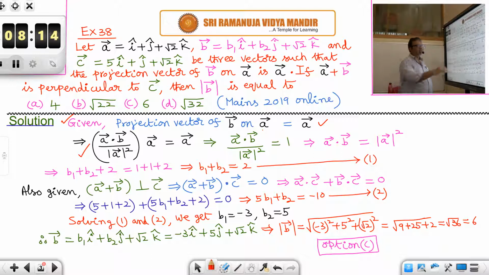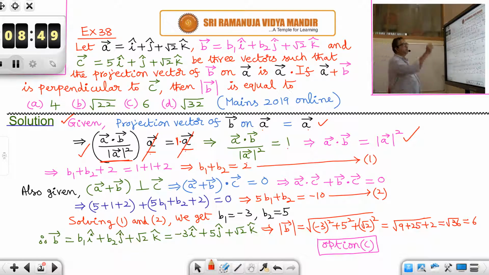Okay, it is given as equal to a bar. So some scalar into vector is equal to same vector, so a bar can be cancelled out. Okay, so this scalar must be equal to 1. Here 1, if nothing is there means 1, is it not? So this scalar must be equal to 1. Then you will get 1 into a bar. Okay, a bar dot b bar by mod a bar whole square is equal to 1. Cross multiplying, a bar dot b bar is equal to mod a bar whole square.